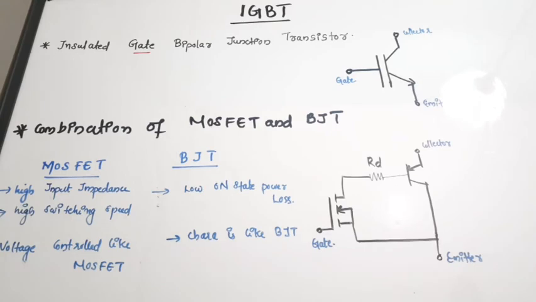As a very brief introduction, IGBTs are a combination of MOSFETs and BJTs. The input side is like a MOSFET. It has a gate structure which is an insulated gate structure. We'll see the layered architecture later, but you should know as an introduction that it has an insulated input gate, and the output side has a BJT, and the output characteristics will be the same as those of a BJT. Also, IGBTs are voltage controlled devices just like MOSFETs. So this is the introduction to IGBT.